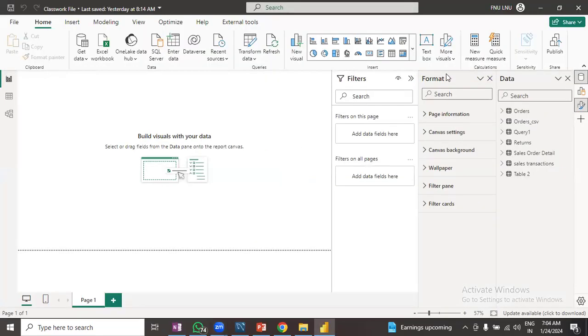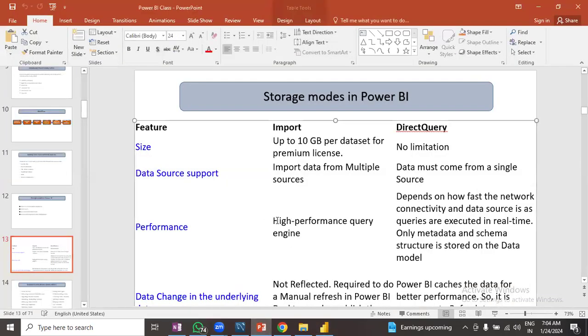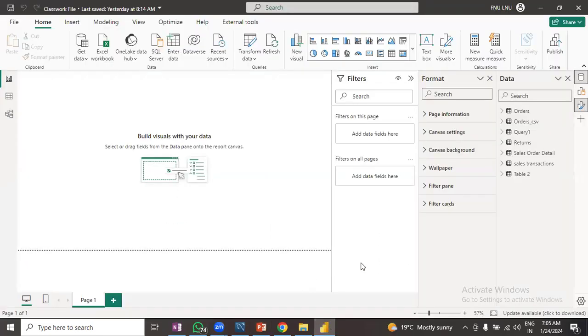Great. So yesterday, while ending the session, we were discussing the differences between the direct query mode and the import mode as far as the actual performance is concerned. And we were at the point where I told you that I'll be showing this difference to you by giving an example. So the thing is, for example, in this